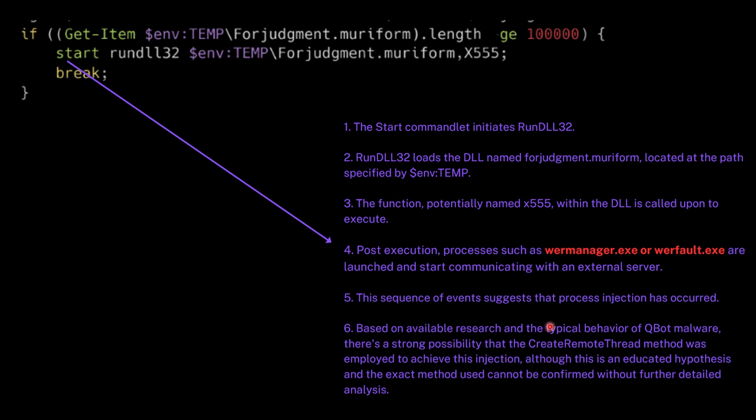Although this is an educated hypothesis, the exact method cannot be confirmed without reverse engineering this DLL file for further detailed analysis. But it's a good hypothesis based on whatever public research is available, that CreateRemoteThread was used in the execution phase. Now let's understand that. Before we do a deep dive into the allocation, write, and execution phases of how the DLL injection happened, let's take an overview of